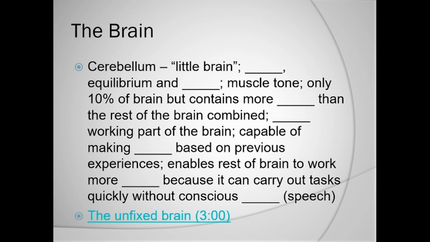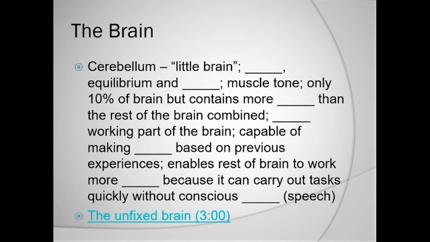So we're going to pick up now with the brain, and we're going to look at the major portions of the brain and then move on from there and talk about the different divisions of the nervous system. So the cerebellum, it literally means little brain. And what is the cerebellum mainly involved in? It's involved in coordination,